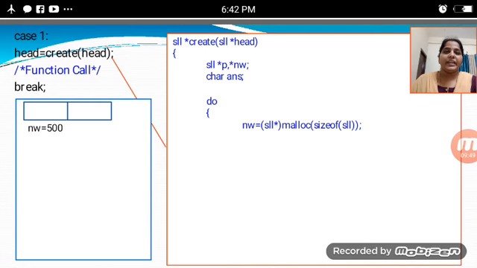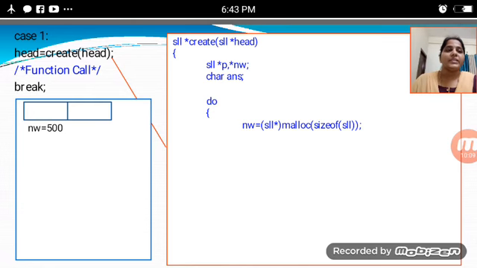If it is found in the case 1 value, otherwise we go for the next case 2 value, after that case 3, or after that case 4. Whenever you didn't get an output value, that is the default value, and it will be exit. This is the process of programming expansion for the linked list.